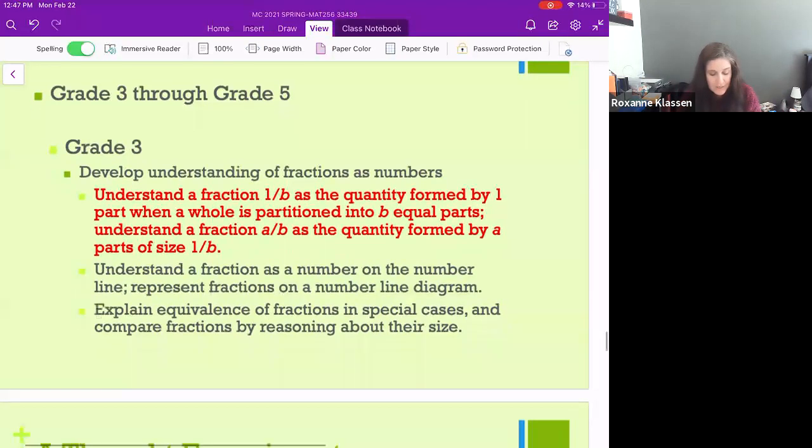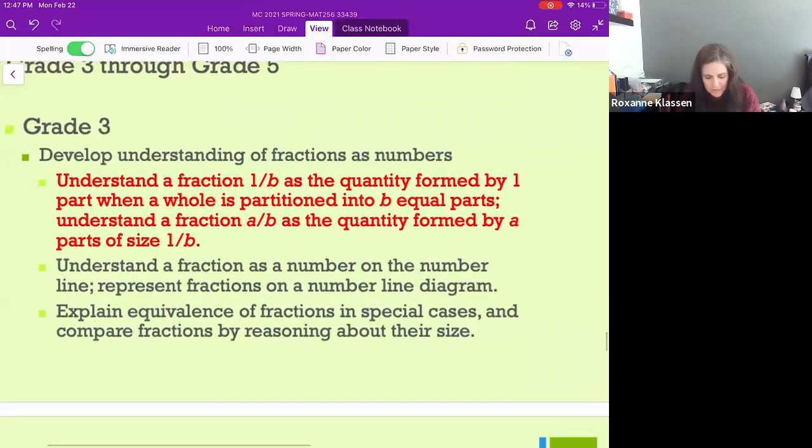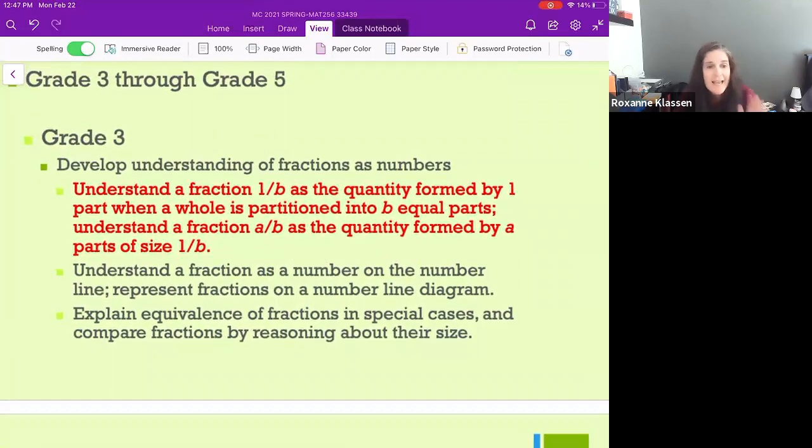And then explain equivalence of fractions in special cases and compare fractions by reasoning about their size. Anyone learn about benchmark fractions? Benchmarks, 1/2 is a good benchmark fraction, right? Is this bigger or smaller than 1/2? For example,